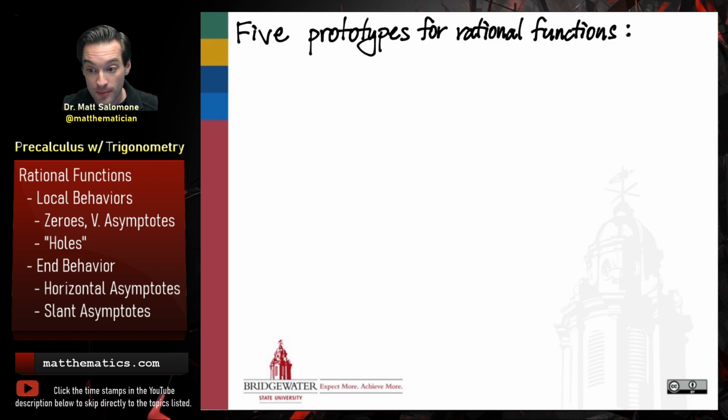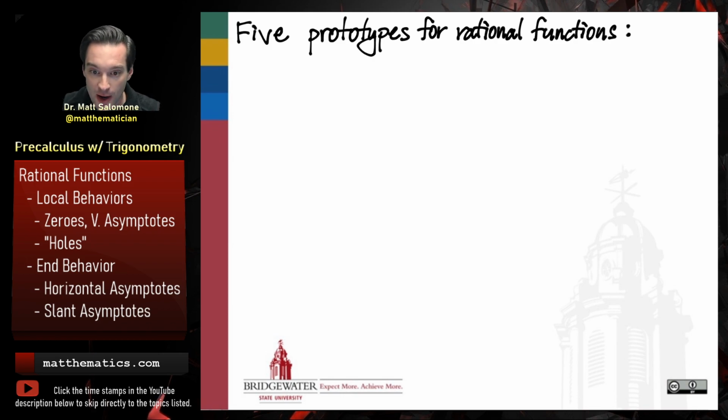So we'll talk, hopefully, before we're done today, about when that happens and how to determine an equation for the line to which a rational function asymptotes as x goes to plus or minus infinity, using polynomial division. So it's a pretty ambitious agenda for the next hour or so, but we'll see what kind of justice we can do for it. So I want to get our discussion started